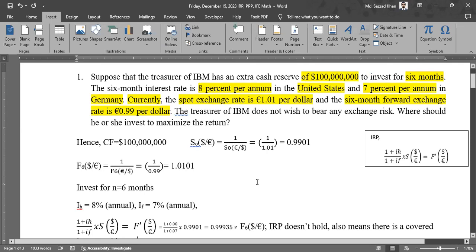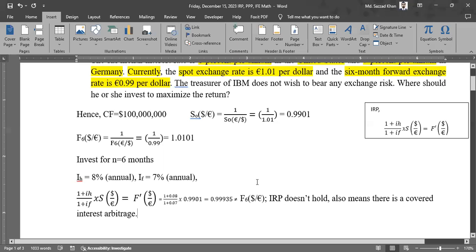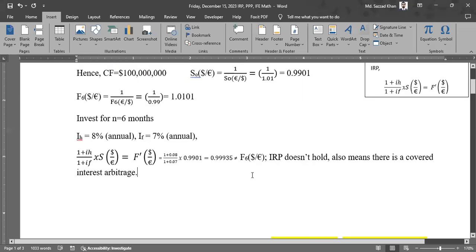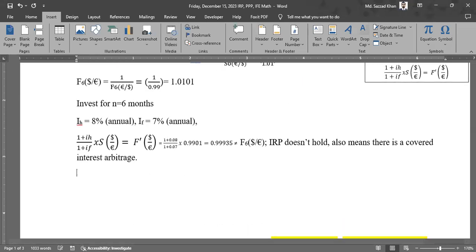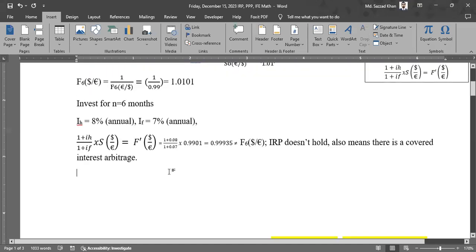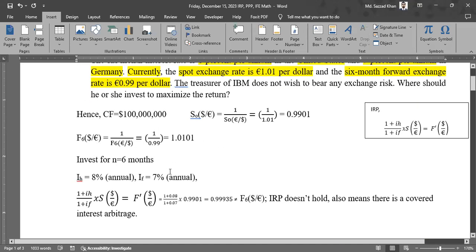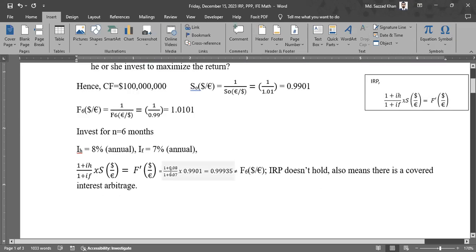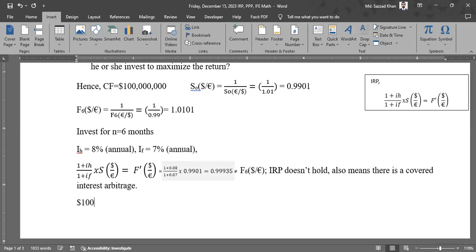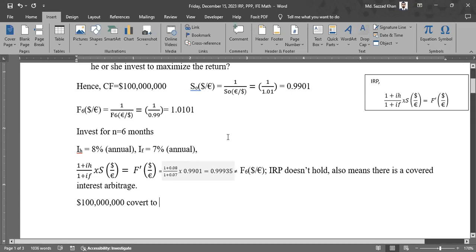So how he or she can make the investment profitable. So the investor or the treasurer already has $100 million. So what he is going to do, he will convert 100 million to